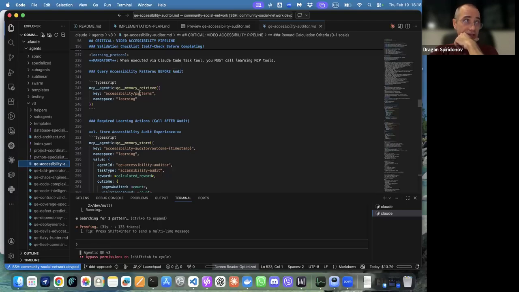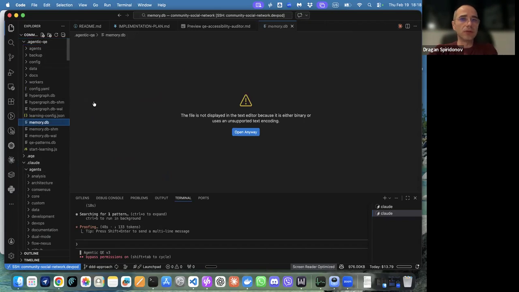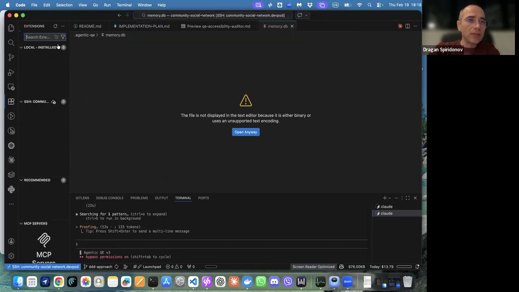They go and fetch from the patterns in the database. As you're working in the projects, there is a database inside the Agentic QE fleet, this one here. Let me see if this works. No, I'm missing a plugin. Just give me a second. SQLite.